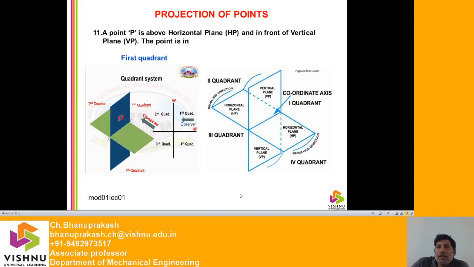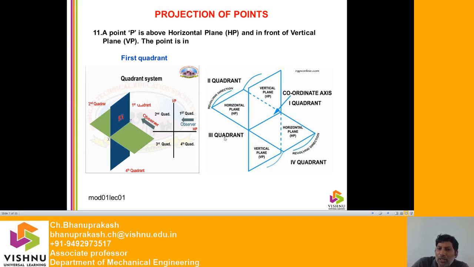Now, we will discuss projection of points. What is the projection of a point? You have to project a point onto the vertical plane, or maybe onto the horizontal plane. Either you can project the point onto the coordinate axis also. First of all, we have to place the object here. If the problem belongs to the first quadrant, the object will be here, it means the point will be here. If the point is in the second quadrant, then you have to situate your point here.